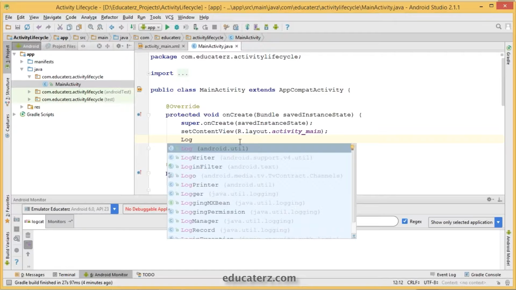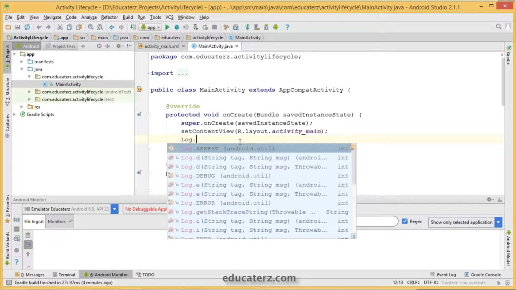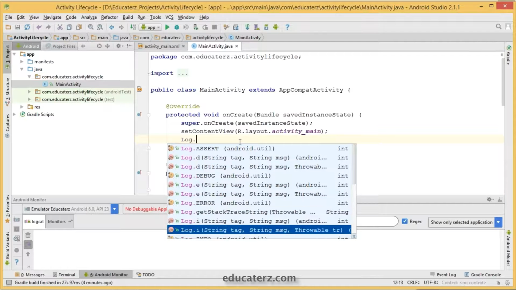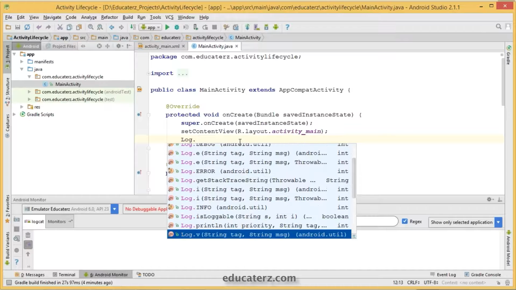So there are multiple possibilities for that, like Log.d, Log.e, Log.i, Log.v, and all. So Log.d stands for debug, E stands for error, W stands for warning, I stands for information, V stands for verbose. So these all are to just check how an output looks, whether this particular method has been called or not. So in real life, when you are about to publish your application, you must remove all these logs.